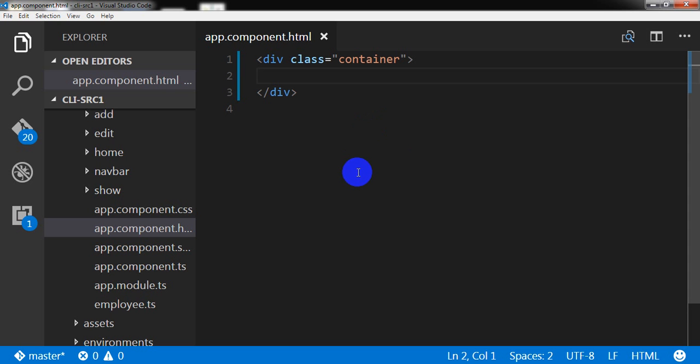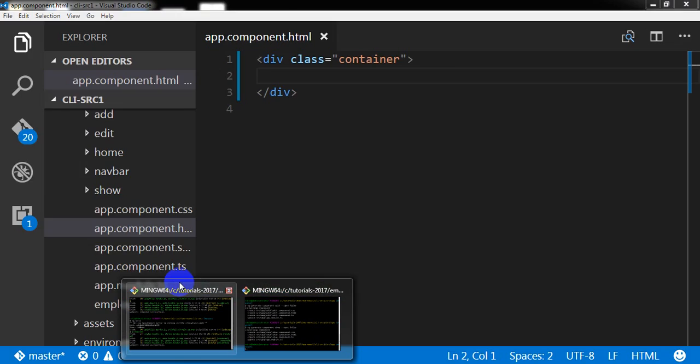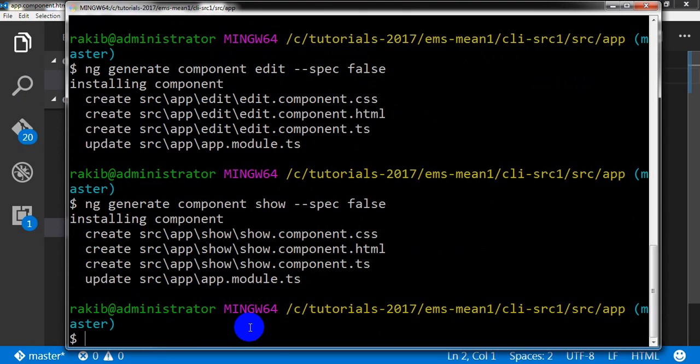So it will be a module file. Going to the terminal again and writing the command ng generate module